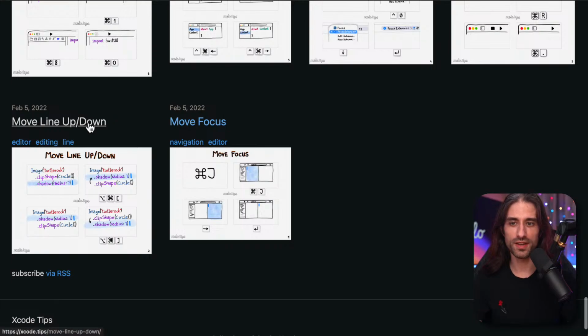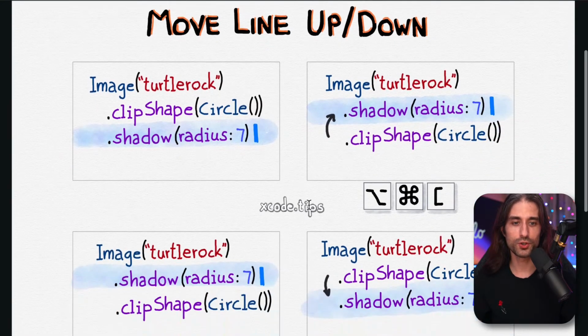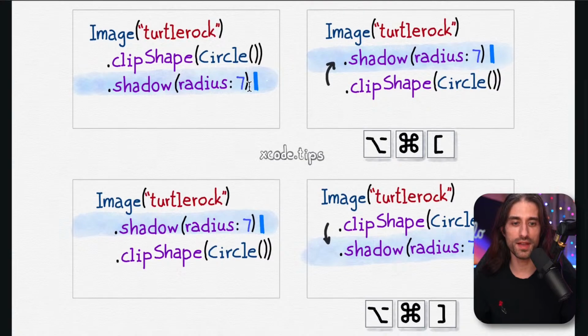Let's move on to the next one, which is moving a line up and down. So a shortcut that will allow us to move a line up and down. And here it's interesting because I think we get into the realm of the shortcuts that I will not be able to demonstrate to you. The reason is that you can see it uses the square brackets key. And the thing is, I'm French. I have a keyboard with a French layout. And on the French keyboard layout, believe it or not, you don't have a dedicated key for this character. You do it by doing Alt, Shift, and 5.